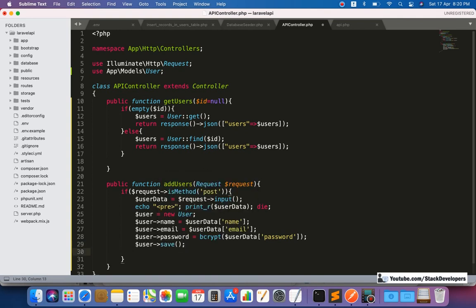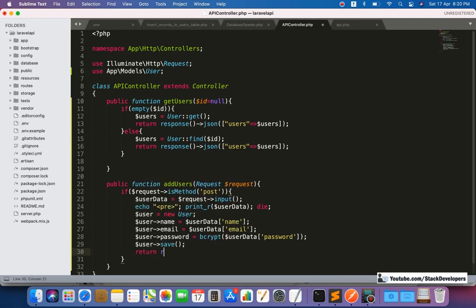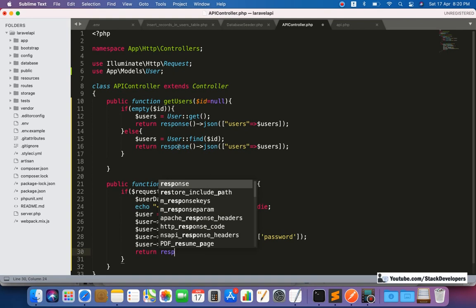Now we require to send the output back to the API as well, because we want to show the user whether his request has been successful or not. For that we will use return response, like I have shown you there also. In get also we have done it like this, return response, but there we are sending the users data.